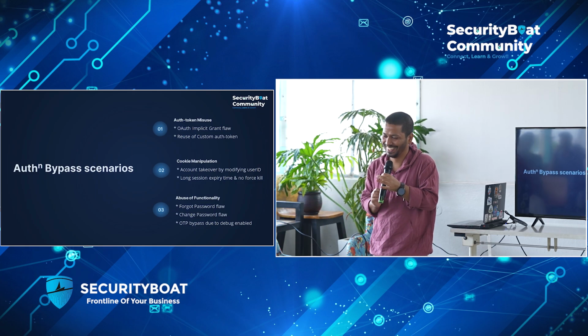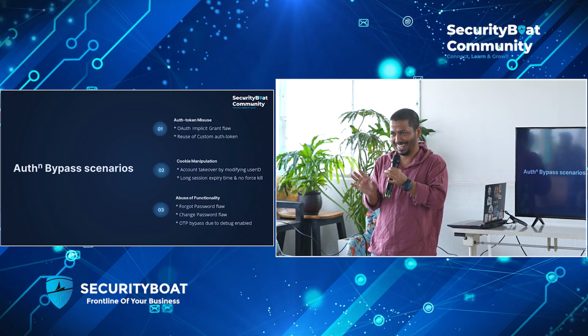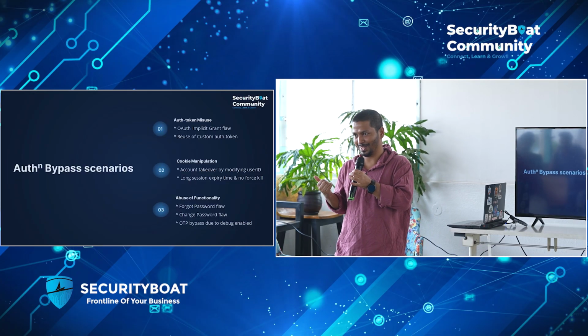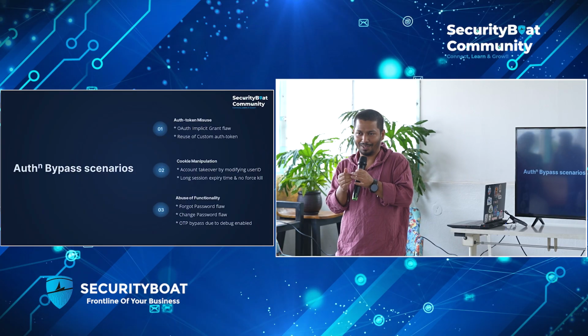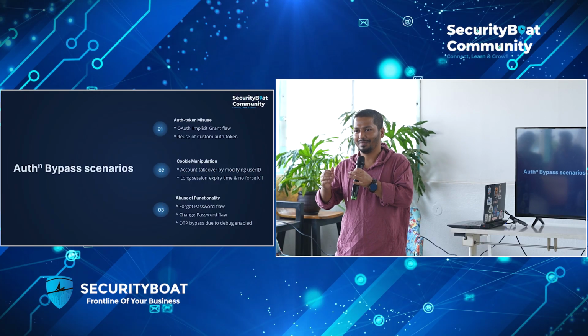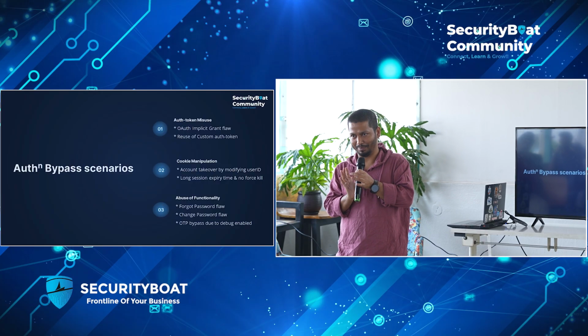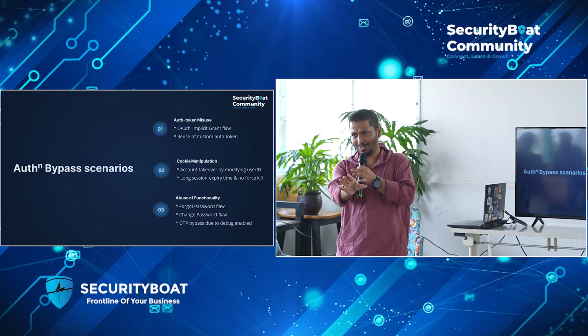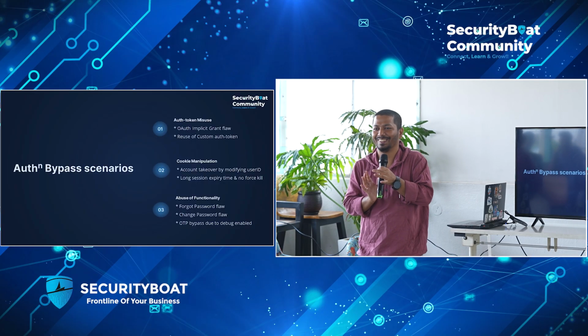Okay. So I found the correct phone number where I want to receive the OTP. So I changed the value, gave my phone number, and the OTP was sent. Then I entered a wrong OTP, intercepted the response, and saw that the OTP entered is wrong. The correct OTP is this.